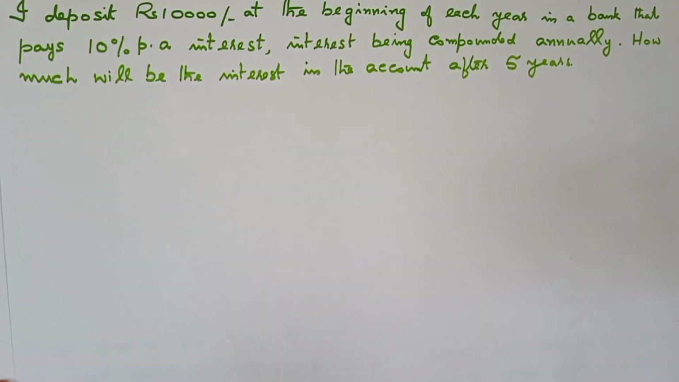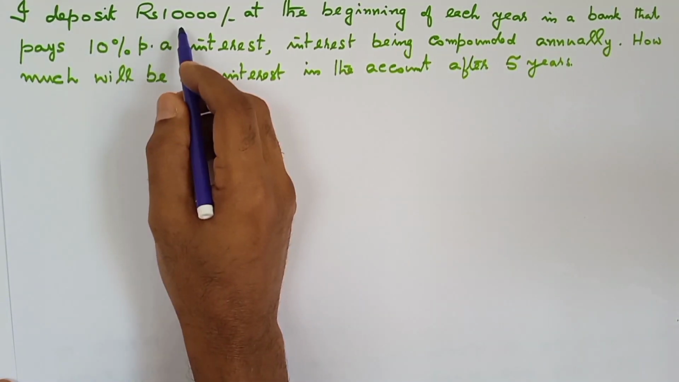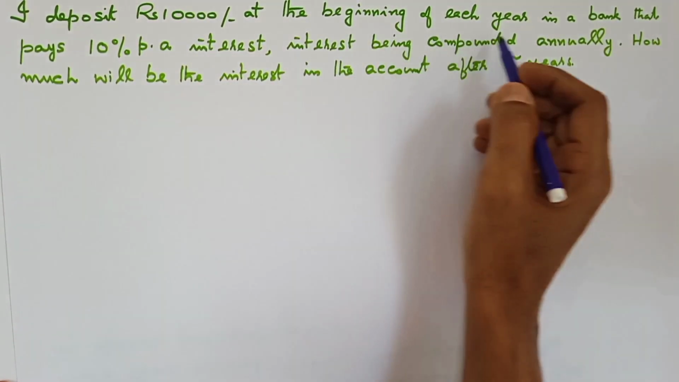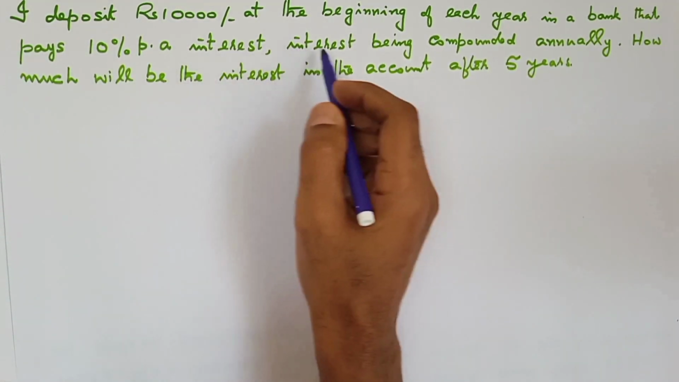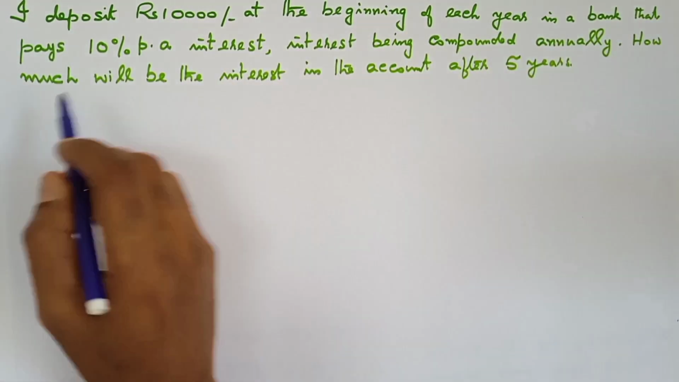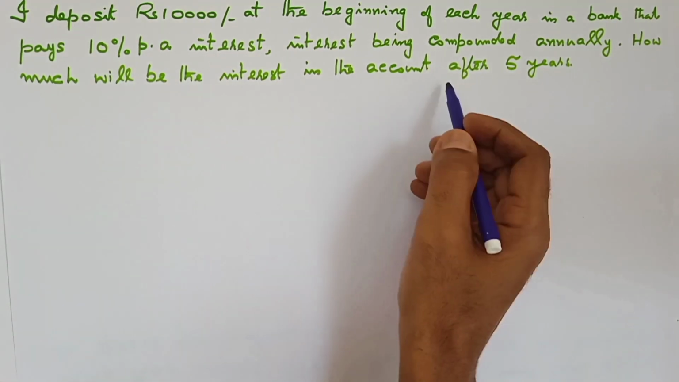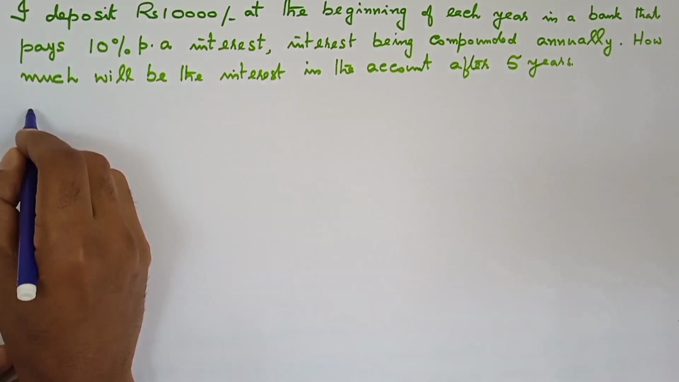The next problem is this. I deposit rupees 10,000 at the beginning of each year in a bank that pays 10% per annum interest, compounded annually. How much will be the interest in the account after 5 years? You're depositing